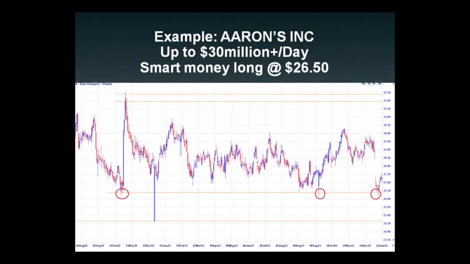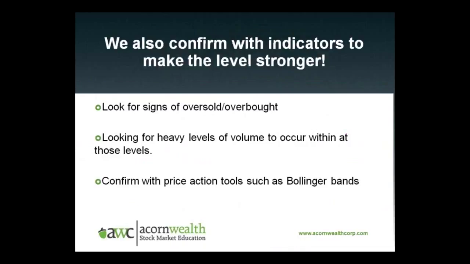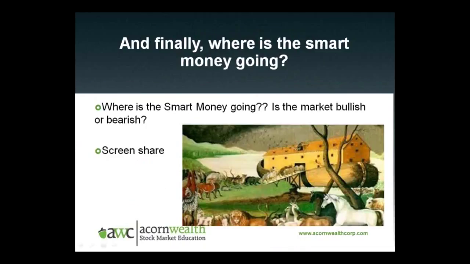Momentum, completely different. Momentum, we look for moving average. Here's an example where the moving averages are what we want. And finally, the last thing that we look at is the smart money. Now, the smart money is where we look at if there's real buying going on. Are they really buying it? And the true definition of